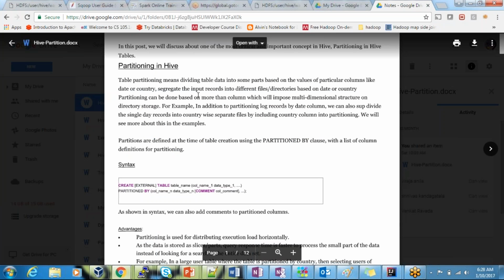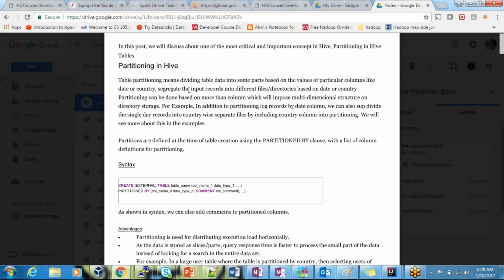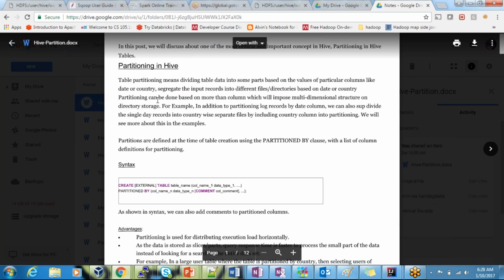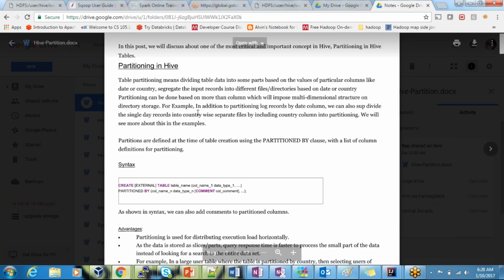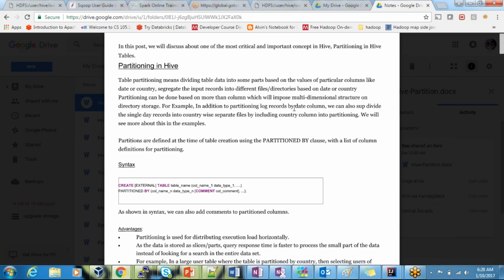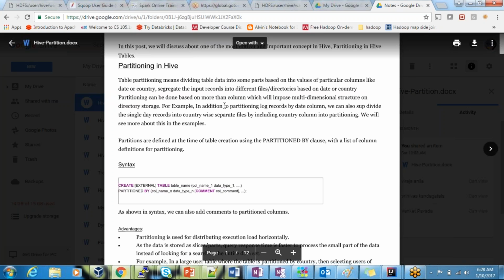Go ahead, look at this, guys. It will divide and segregate the data into small subdirectories and store the data in them. Partitioning can be done based on date or country, and on more columns as well. Not only one or two columns, it can be done with more partitions. So, for example, in addition to partitioning log records by date,